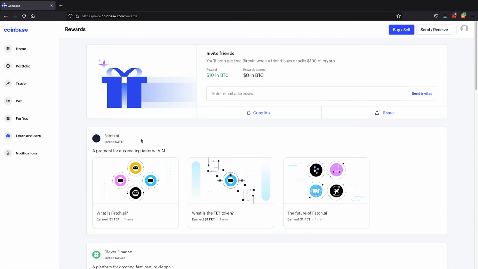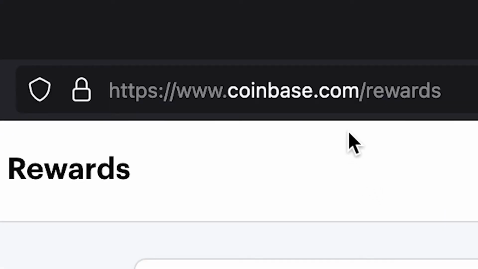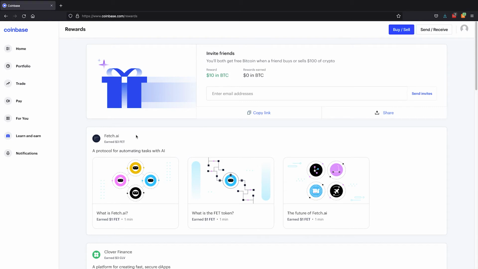And the way it works for this, it's a bit random. As far as I know, you can't really be alerted to when there's a new course. But what I always do is just go onto this page every day and see if there's a new course. So what you might want to do is bookmark this page, which is coinbase.com/rewards. And just visit this from time to time,